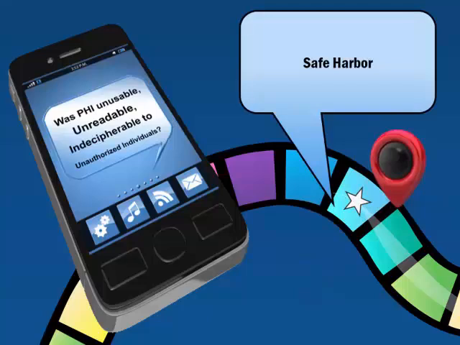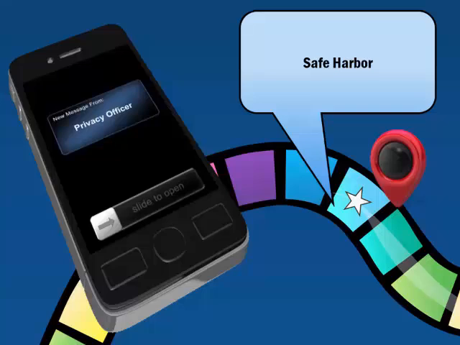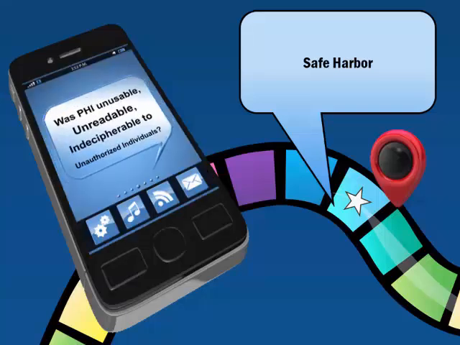Breach notification is not required for PHI that is encrypted in accordance with the guidance that the Federal Department of Health and Human Services has provided. In certain situations, even though a privacy incident has occurred, there are safe harbors that will prevent the department from having to report a breach.